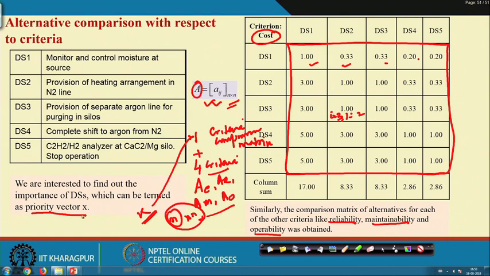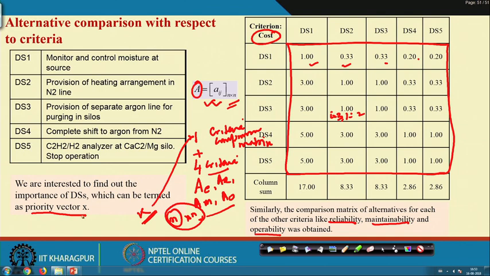So, there is a set of alternatives, in our example design solutions. There is a set of criteria based on which you evaluate the alternatives, here the design solutions, and find the best alternative, meaning the best design solution. So, what data do you require? You require pairwise comparison data. What are those comparison data? One is criteria to criteria comparison; another is that, with respect to each of the criteria, all the alternatives' pairwise comparison will be made.